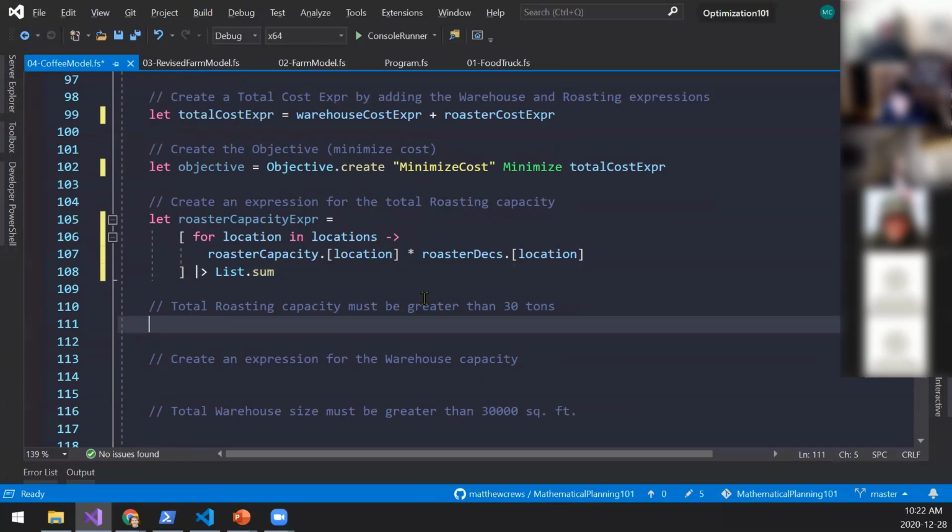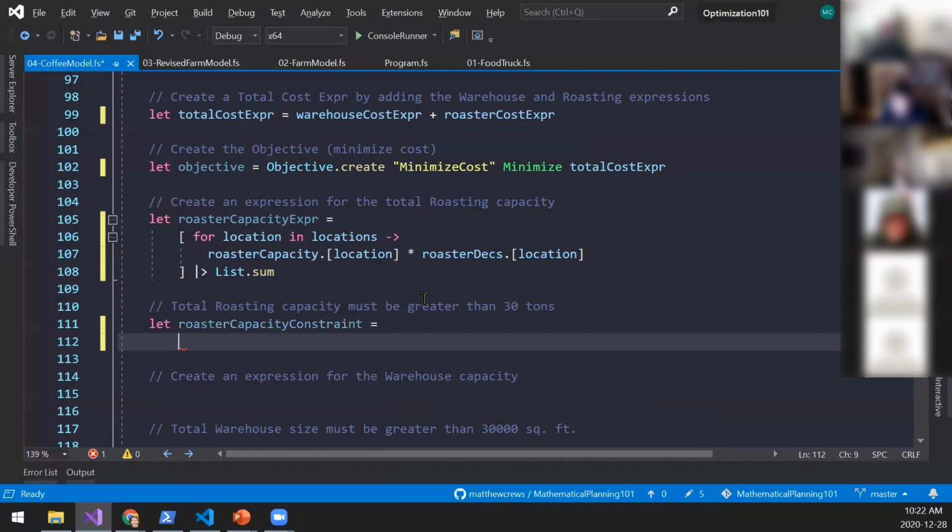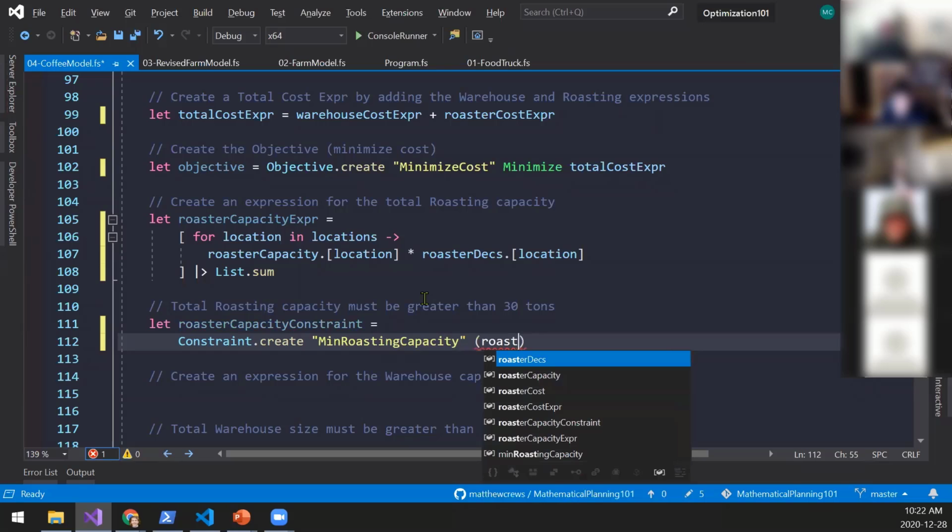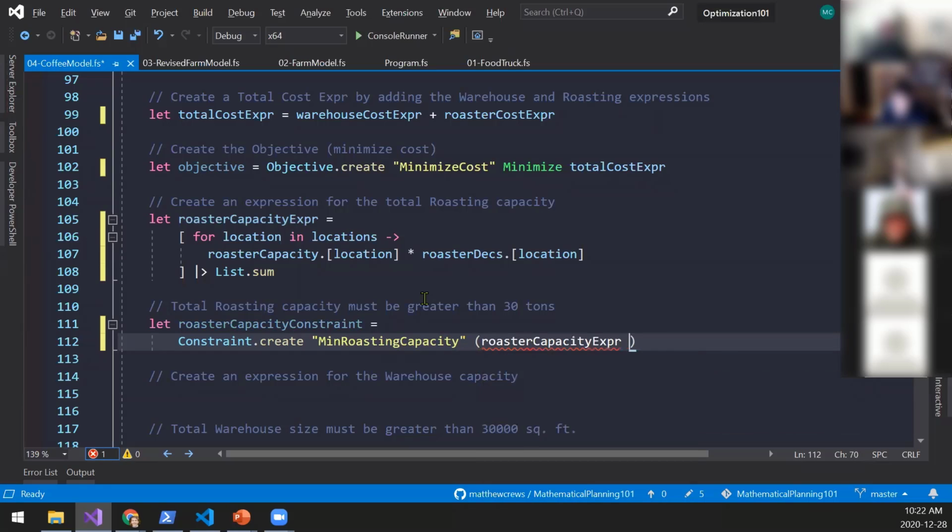And now we're going to create a constraint which says this expression has to be greater than or equal to min roasting capacity.